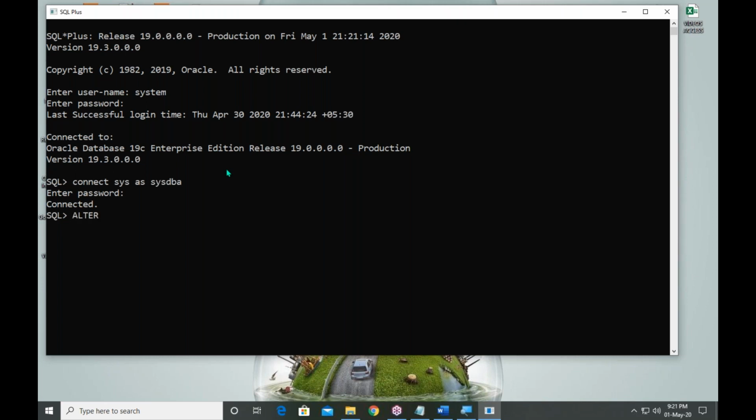Type this command: alter pluggable database all open. Pluggable database altered. Next one: alter pluggable database ORCLPDB save state.